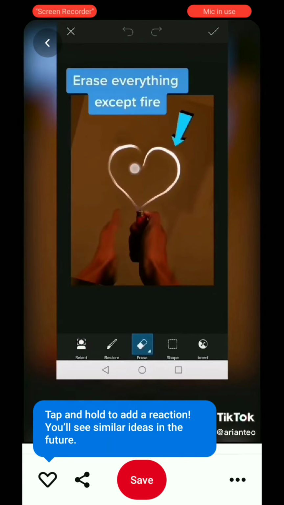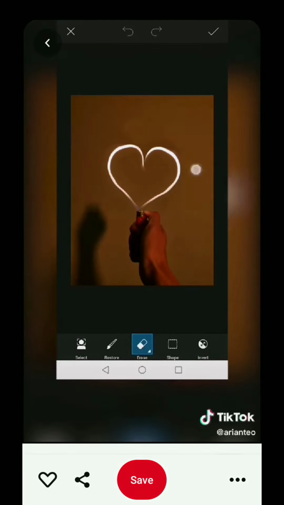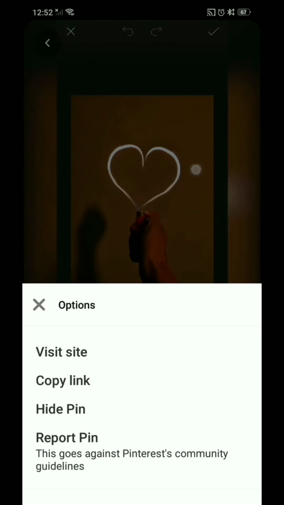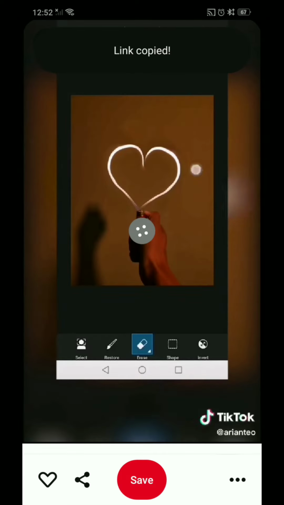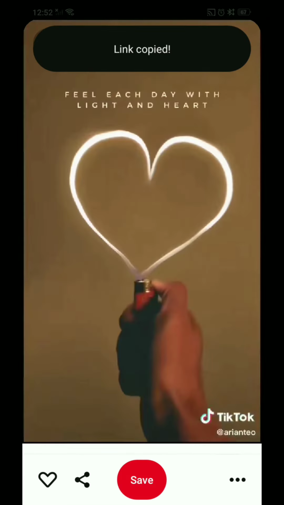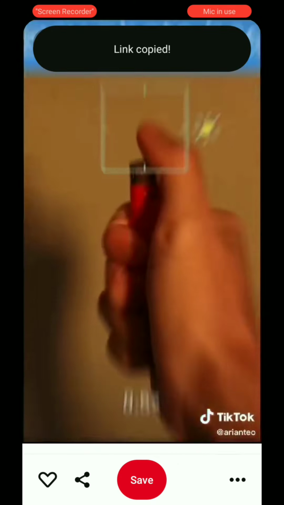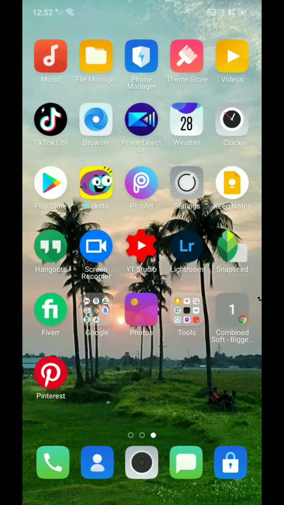Now tap on the three dot from the bottom and tap on copy link. You can see the link has been copied. Now go back,